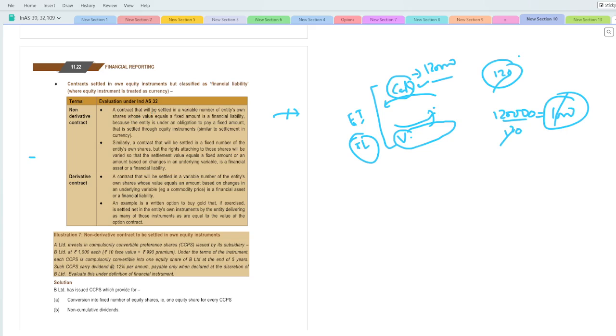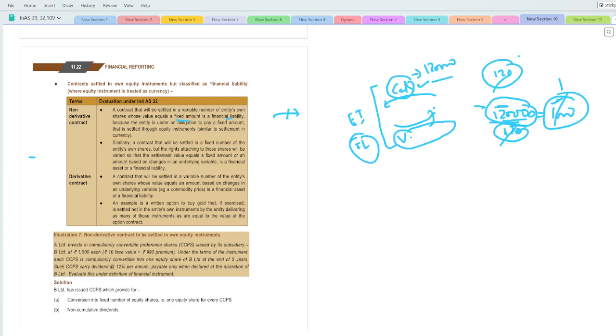So a contract that will be settled in the variable number of the entity's own share whose value equals a fixed amount of the cash. तो ये यहाँ पे आपका फिक्स्ड कैश ही है, मतलब फिक्स्ड अमाउंट ही है, लेकिन आपका यहाँ पे जो डिनोमिनेटर है वो मार्केट प्राइस से वेरी कर रहा है। तो उसकी वजह से ये आपका नंबर ऑफ शेयर्स वेरी कर रहा है। ठीक है, तो क्या बोल रहे हैं कि हुज वैल्यू इक्वल्स ए फिक्स्ड अमाउंट, ये वैल्यू आपका न्यूमरेटर फिक्स्ड है,